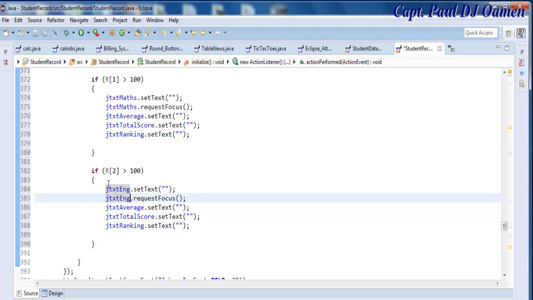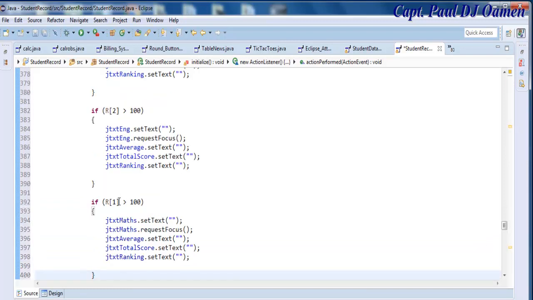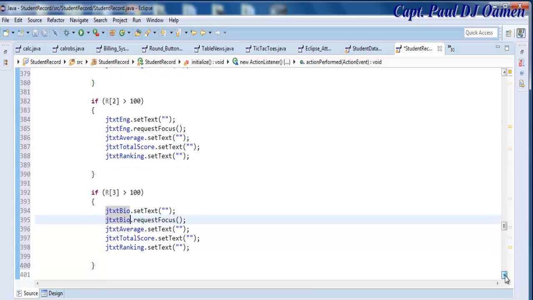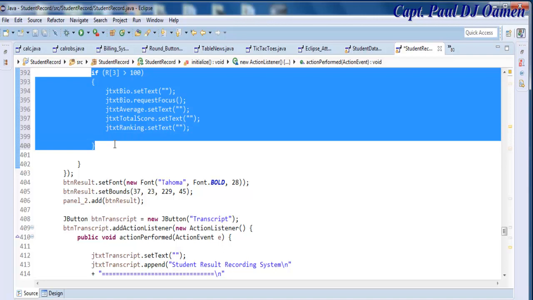Now R3, that is biology. R3. And here as well. B. Now we're almost there anyway. The next one, that's going to be our 4,